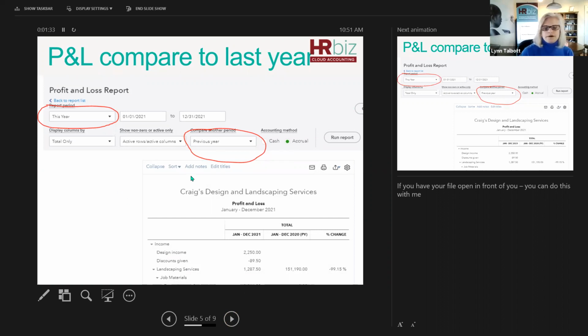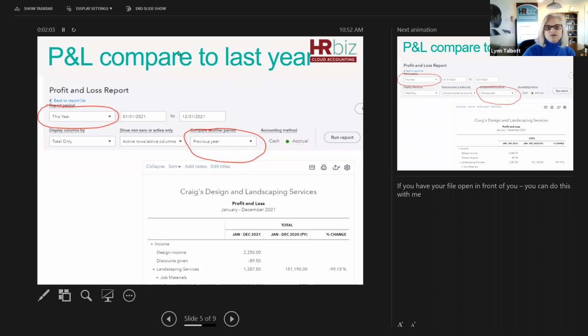So I'm going to show you this slide, and then we'll go and do it, actually. One of the reports that I see a lot of clients like to run, and ones that I run for my clients when I'm trying to help them figure out, well, what happened last year and where are we this year? Or where did you put this particular expense in a category? You can run this profit and loss, and of course for you guys, it's called a statement of activity compared